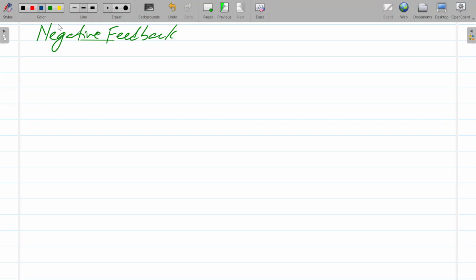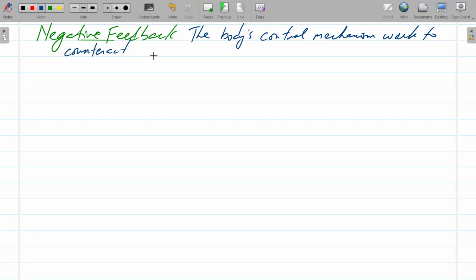To counteract the change. So the body's control mechanisms work to counteract a change, right? And so you've got something that is ideally at the set point,